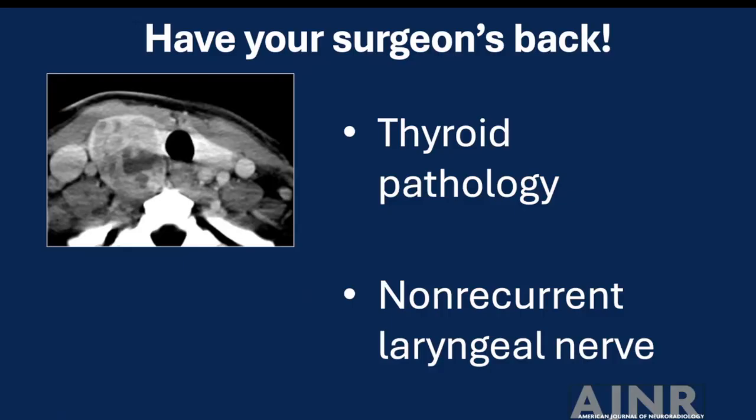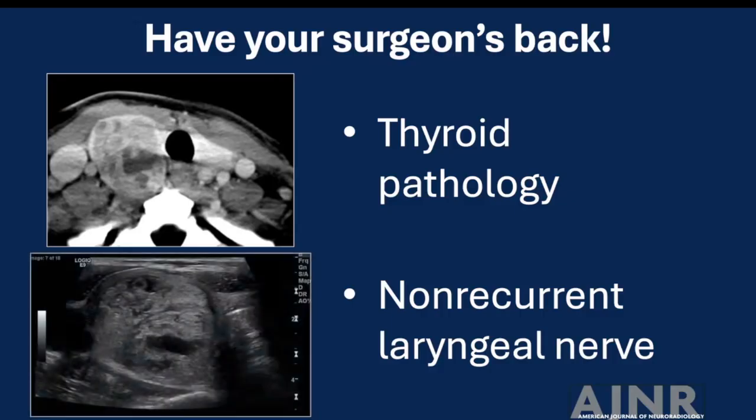So acknowledging that CT is not the ideal way to characterize thyroid nodules, if you notice something potentially worrisome in the thyroid gland on parathyroid CT, you should alert your surgeon so that they can, at a minimum, get a preoperative ultrasound, possibly also a fine needle aspiration, and if necessary, potentially perform a concurrent thyroid resection at the time of parathyroid surgery. The other thing we want to look for and report are arterial anomalies associated with a non-recurrent